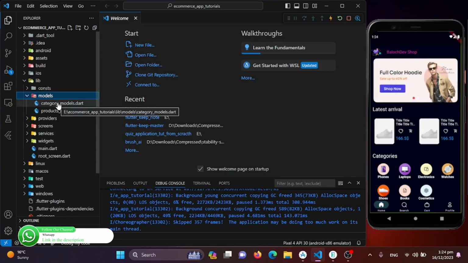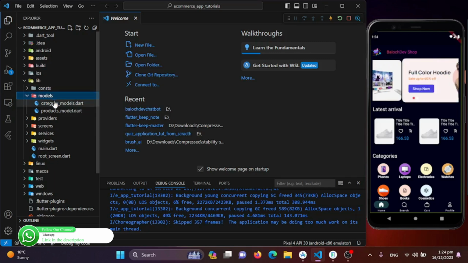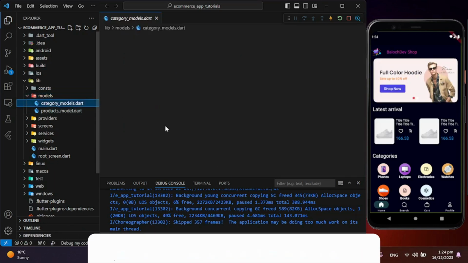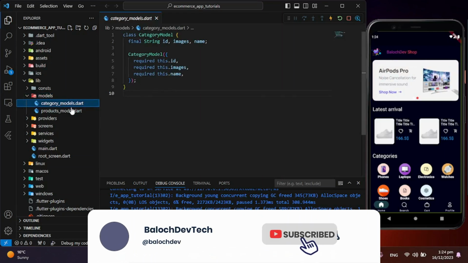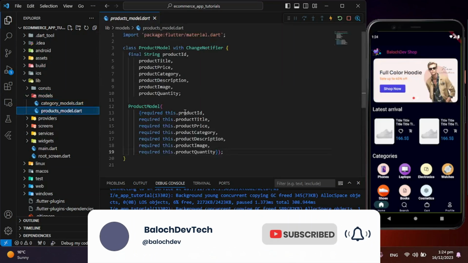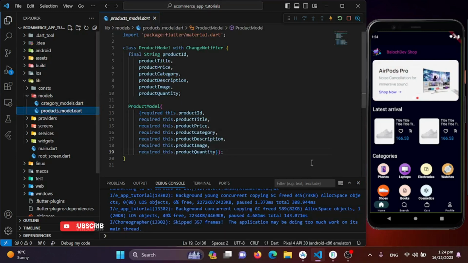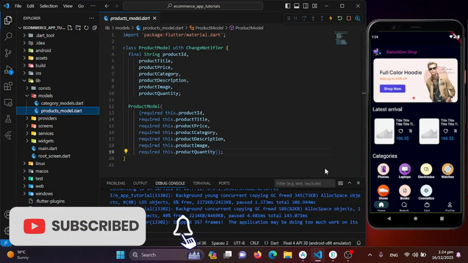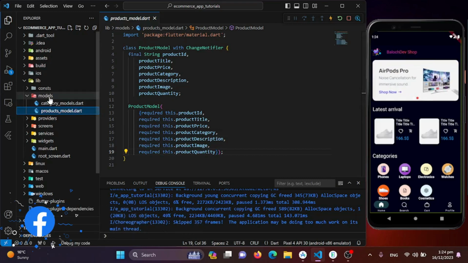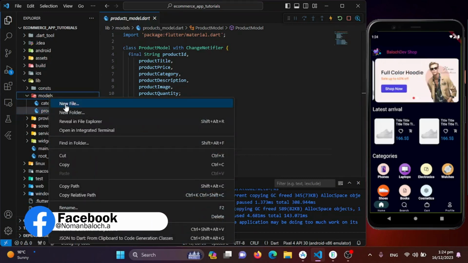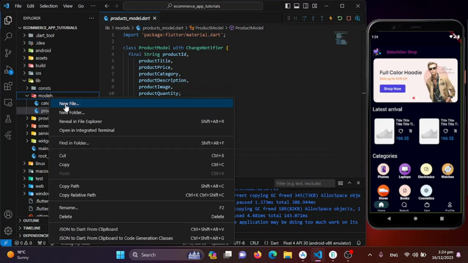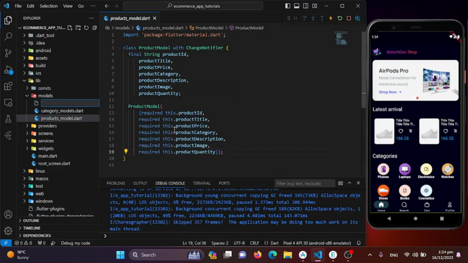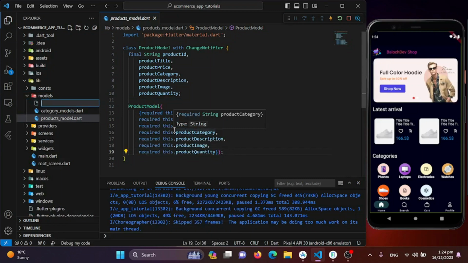So we begin by creating our cart model class, which represents an item in the shopping cart. As we created a model for our categories and for our products, now it's time to manage our cart, so we will be creating a model for our cart. I will right click on the model directory, select new file, and here we will create the cart model. I'll name it cart_model.dart,